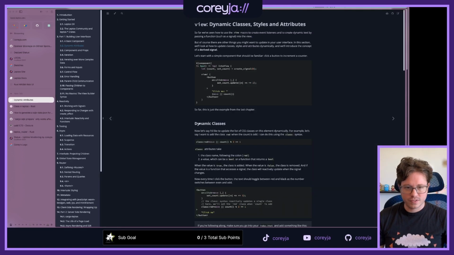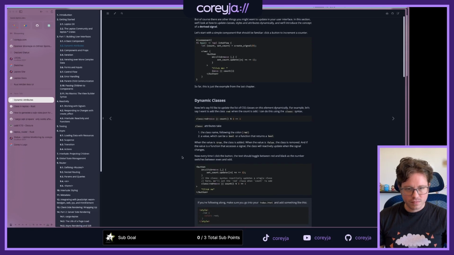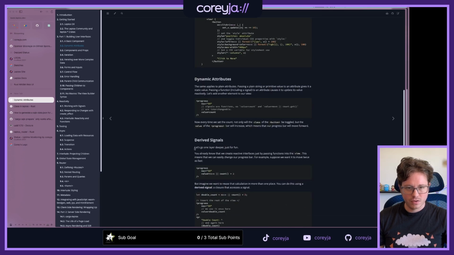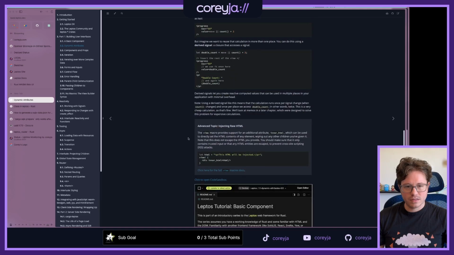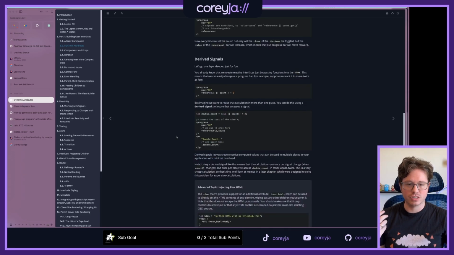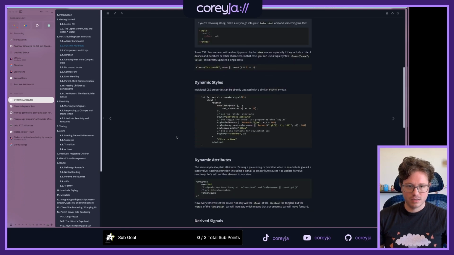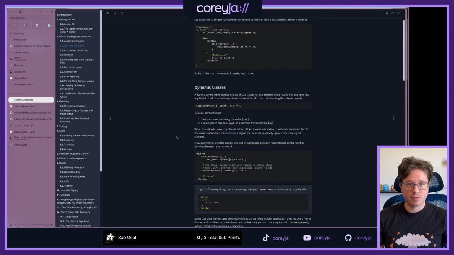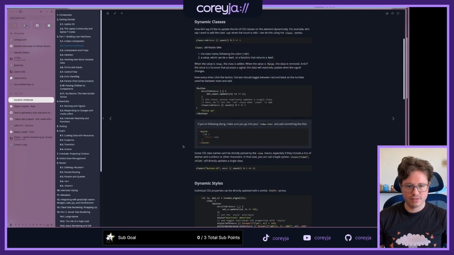No, I don't want that. Dynamic classes. But I don't want it dynamic like that. Yep, dynamic attributes, more like this. But it doesn't tell me how to add an extra class that I don't know of based on something, which is what I'm trying to do now for these icons.